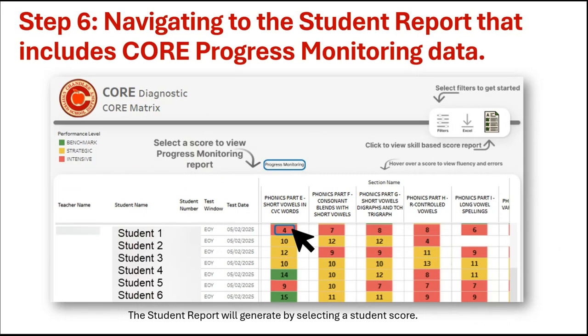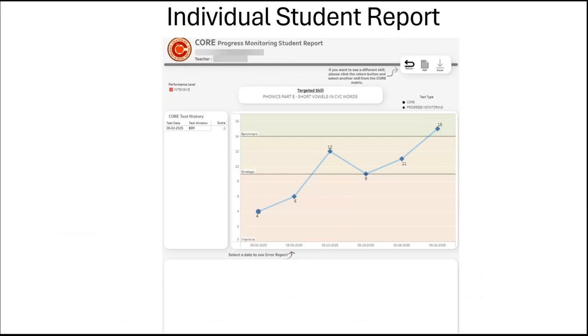Step 6 is to navigate to the student report that includes the core progress monitoring data. In order to do that, we just select one of the student scores underneath the parts, and in doing so, we pull up an individual student report. The individual student report will be able to show over time, as you collect data, all of the data points